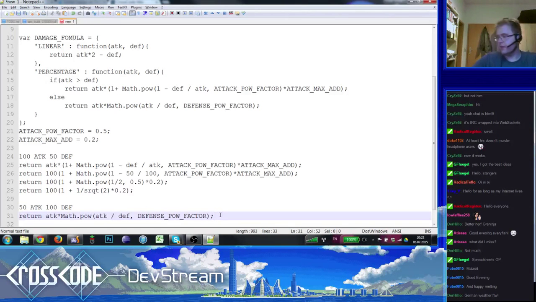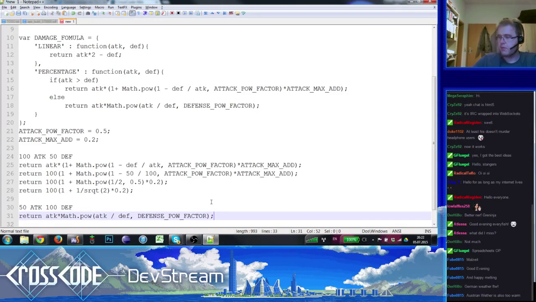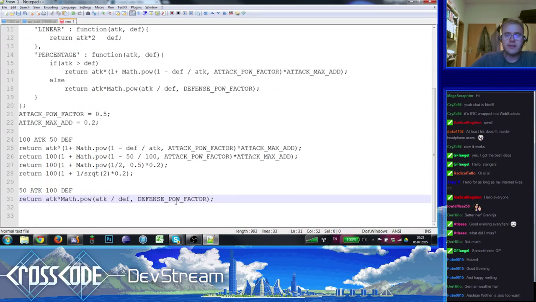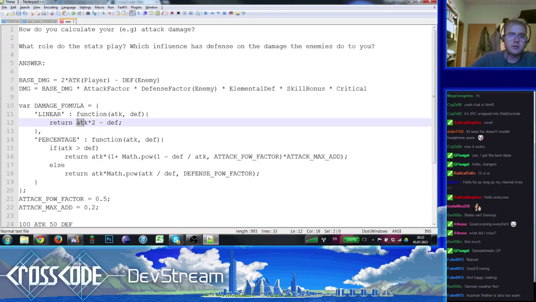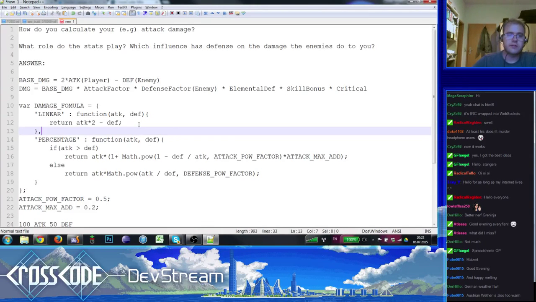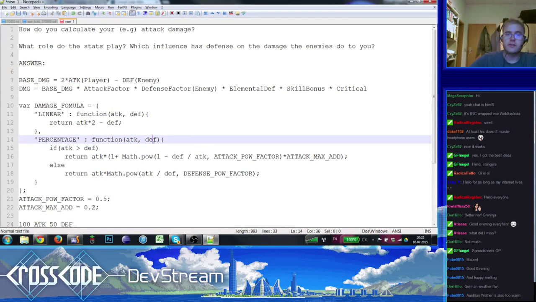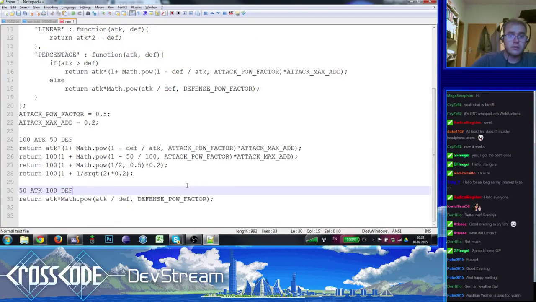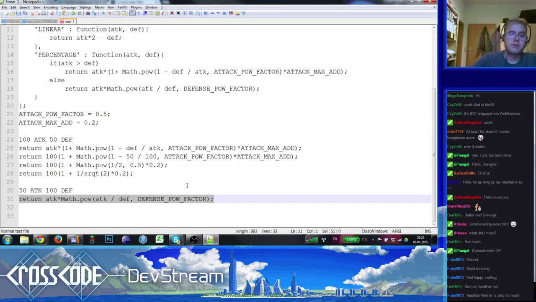At the beginning, I thought I would really like to keep the formula simple, but it just turned out that it didn't work out that way. There was another way where the base damage is not calculated by attack or defense, but depending on the level. But I wanted a formula which is independent of the level. It just depends on attack and defense values, and that's what we came up with. Sometimes I think a formula with level might work out better because it's more predictable, but I don't know. This works so far, and I like it that way.